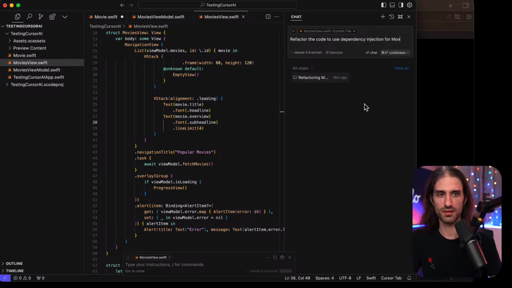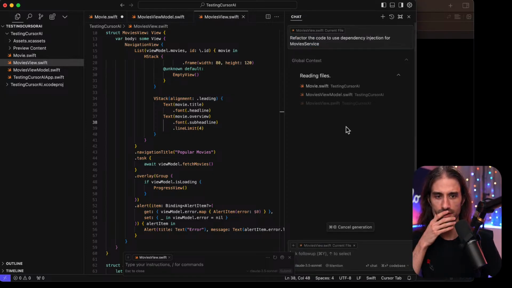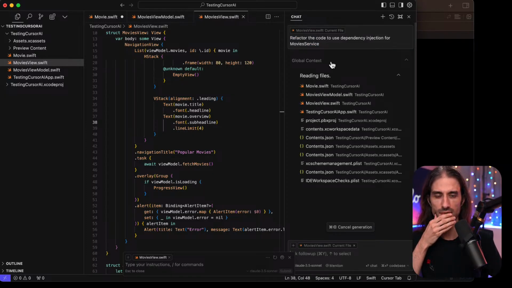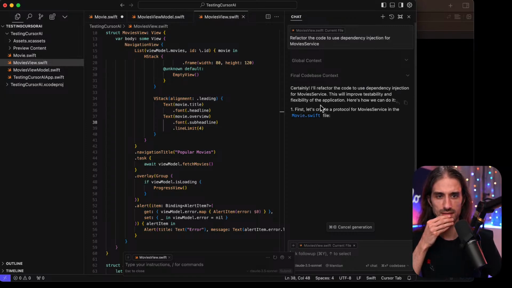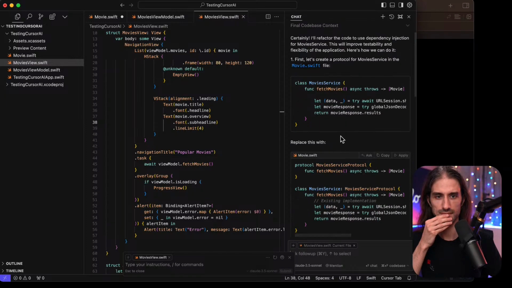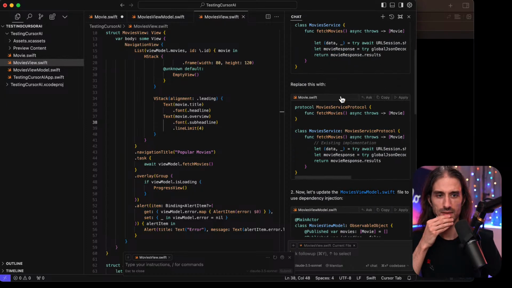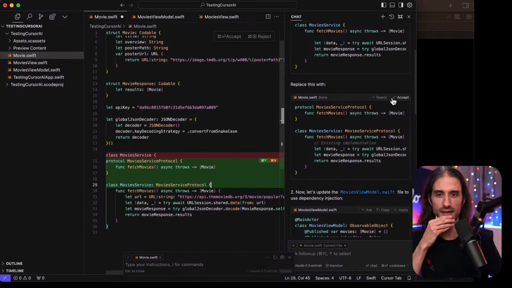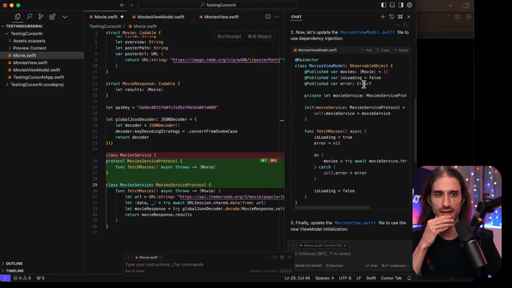injection for movies service, I'm going to copy it so that I have it in my pasteboard. So it needs to read everything. Then you can say, okay, apply. So here it made the change in this file. And then here,